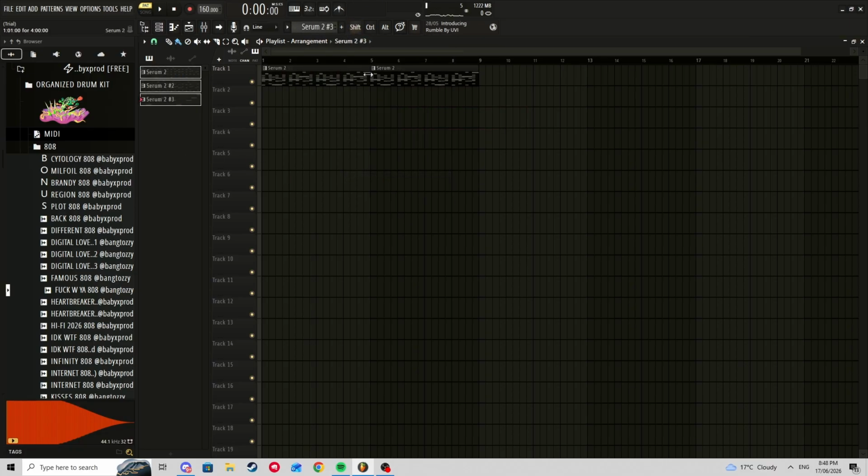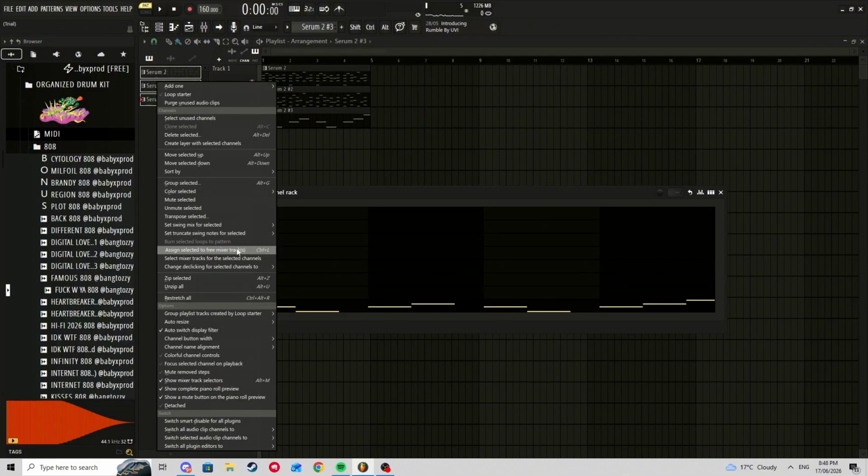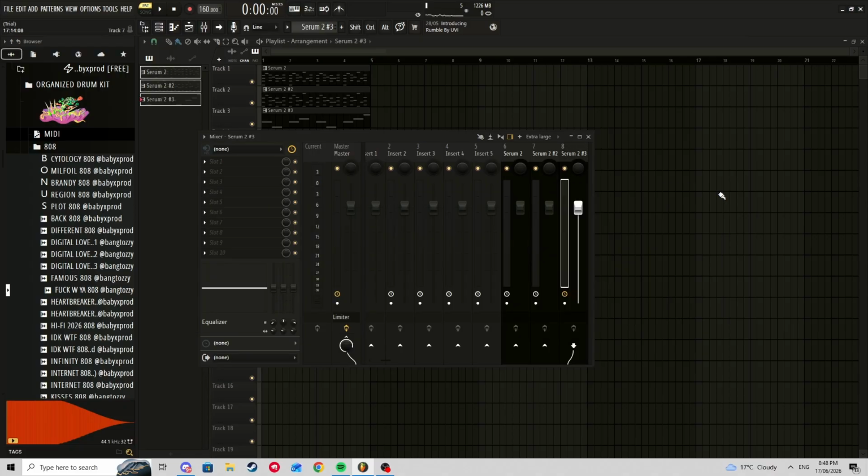So first, I'm just gonna split these all apart. You want to put them down in your project, and then assign them all to mixer tracks. How do you do that? Left click on the top one, drag downwards, and select all of them. Click this arrow on the top left, find Assign, and select it to free mixer tracks. And now all your